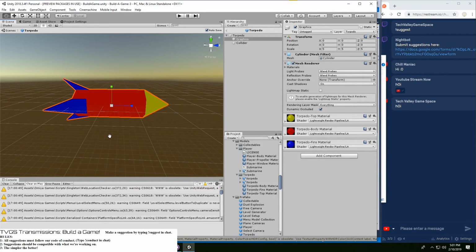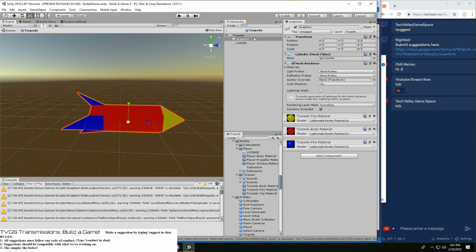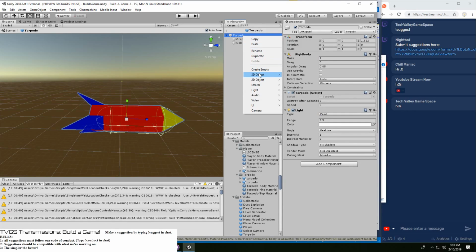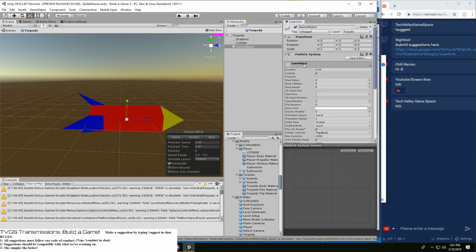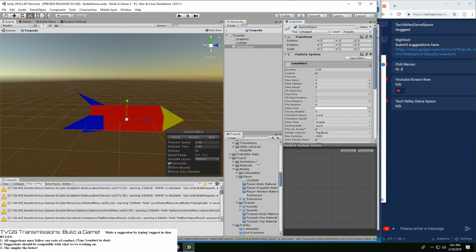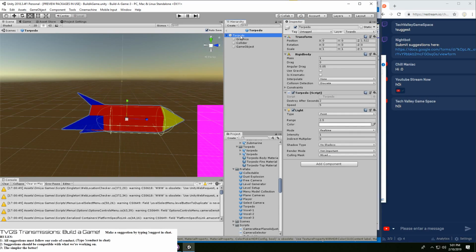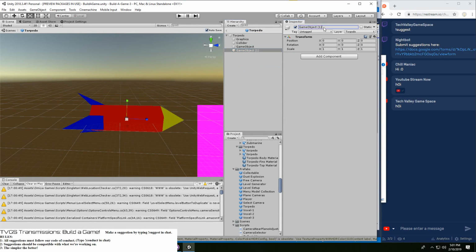All right, so the graphic, I mean, that's an interesting graphic. We can probably throw in a quick particle system in here. And we can also throw in a sound effect.